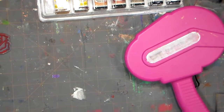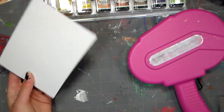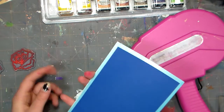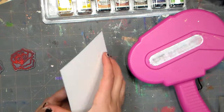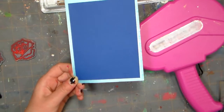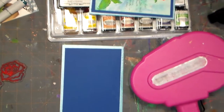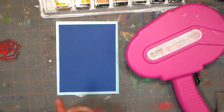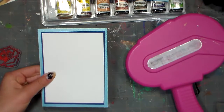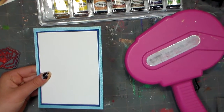Ta-da! Now I have 3 layers of paper like this. And I should mention, it's not actually going to be a fold-out card, it's just going to be a card, not an open-up card, I guess. I don't know what it's called. Sorry. Still unprofessional. Now the final boring step is to do your inside white. Ta-da! And these measurements for the white paper were...